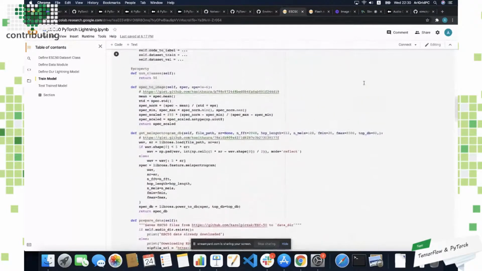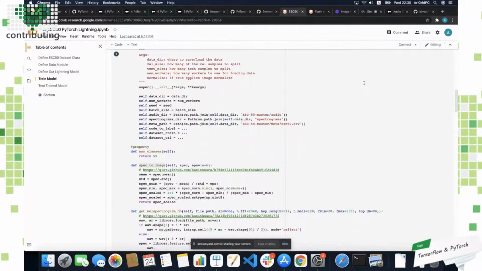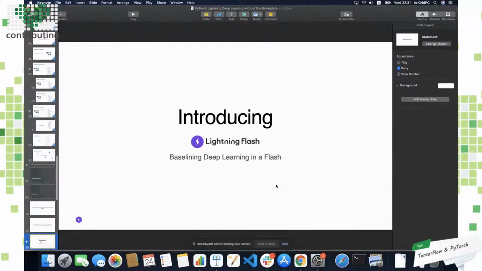And when we think about audio classification, we said there are some pretty standardized patterns, right? So from a research perspective, I want some freedom and flexibility. But at the end of the day, I'm taking audio, I'm turning it into an image, and I'm loading an image classification model. Standard image classification, that's been done a million times. There are best practices for that. Why should I have to create my own modules for that? I should be able to just get a quick baseline. And this was one of my big frustrations in the beginning before I joined Lightning. But recently, we addressed this with a new framework called Lightning Flash.